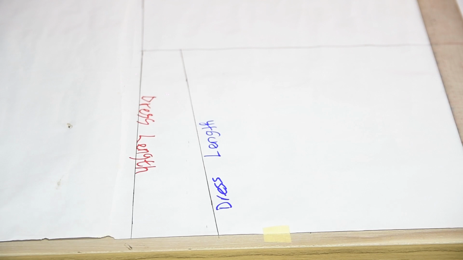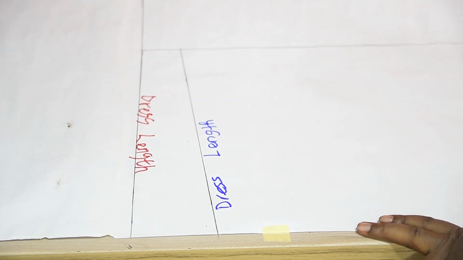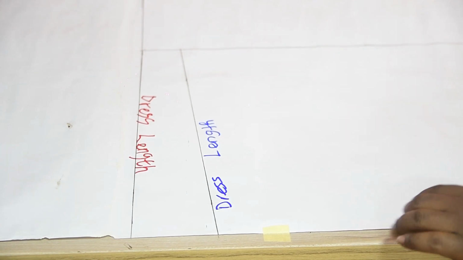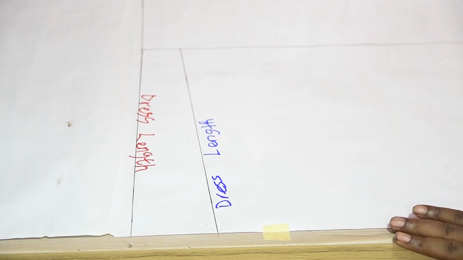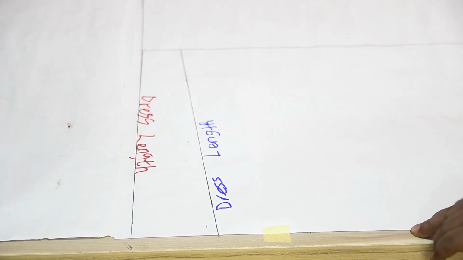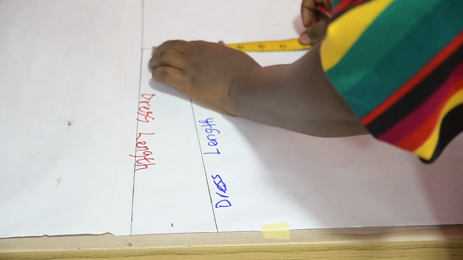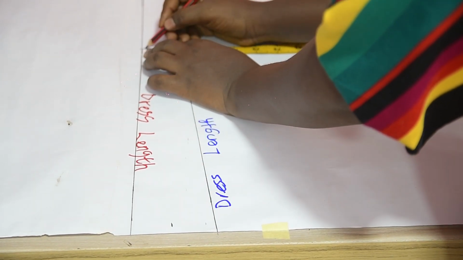So after inserting your dress length, then you will need to add your hem allowance. The hem allowance you'll be adding has to do with how you want to construct your dress. Is it going to be with lining or without lining? If your dress is not going to be with lining, then you will need up to 1.5 inches as your hem allowance. But if it is going to be with lining, you don't need more than half of an inch as your hem allowance. So I'm assuming you don't need lining for the dress, so I'm adding 1.5 as the hem